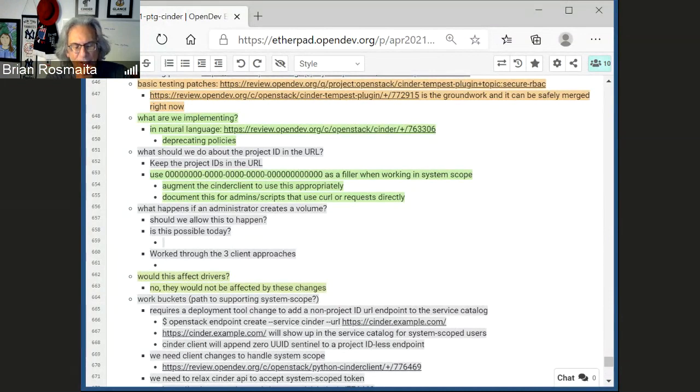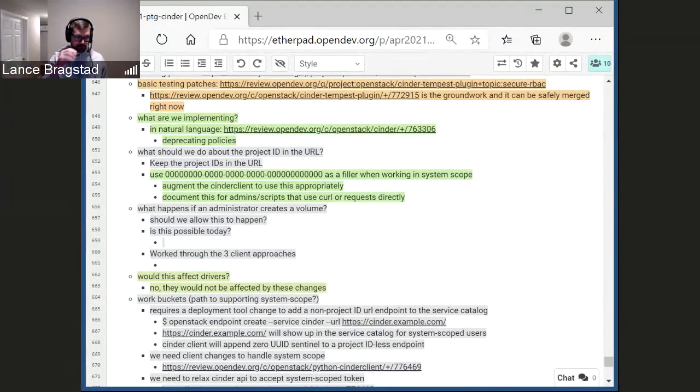No, so there'll be a Cinder service in the catalog, and for system users, it will only have one endpoint. Okay. So there will just be one thing for them to use, and that'll be a project ID-less endpoint. It won't have a project ID in the path at all.